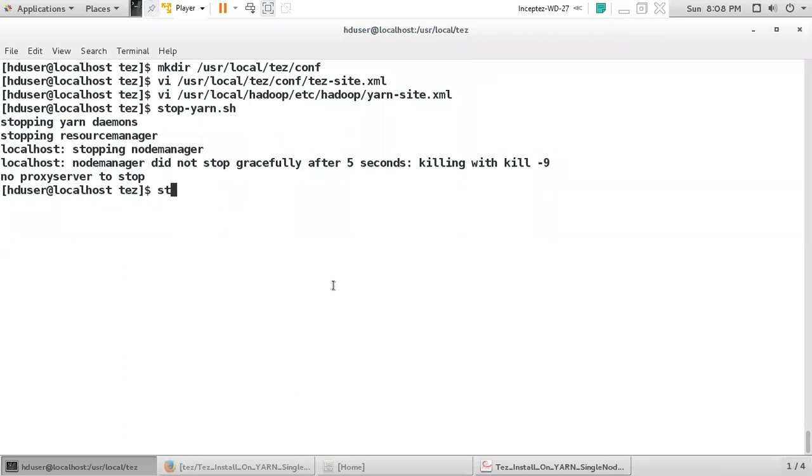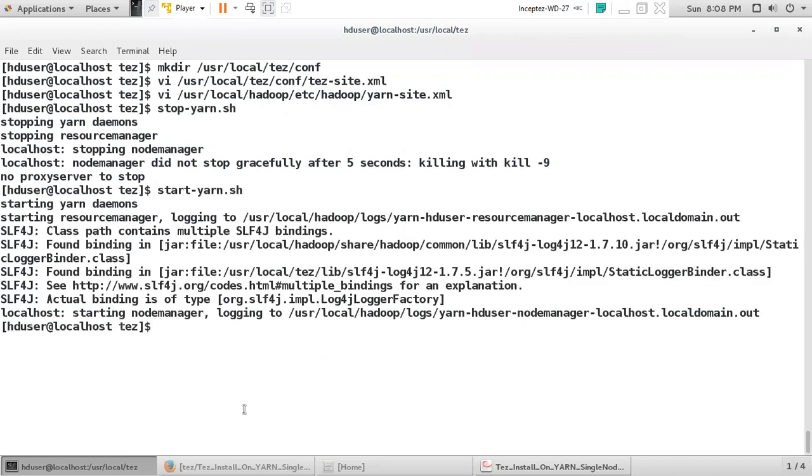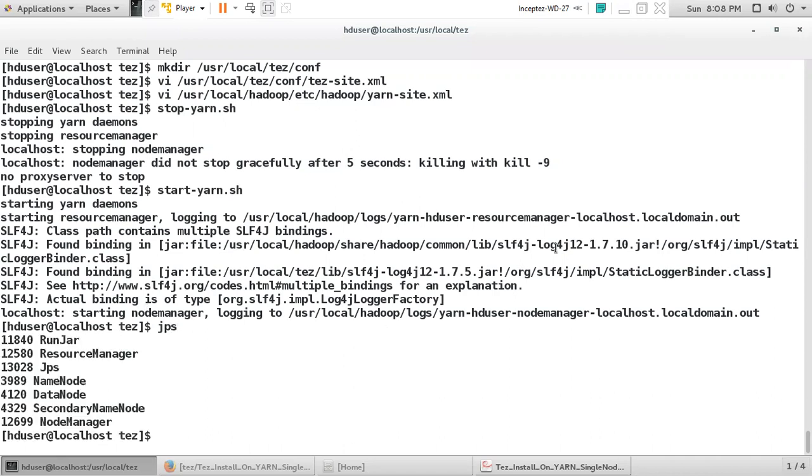Now we can start the yarn services by using the command start-yarn.sh, as in the document. Okay, now both the services have started. You can see all the services are running fine: name node, data node, secondary name node, node manager, resource manager, and this run jar is for the metastore service. Everything is running fine.